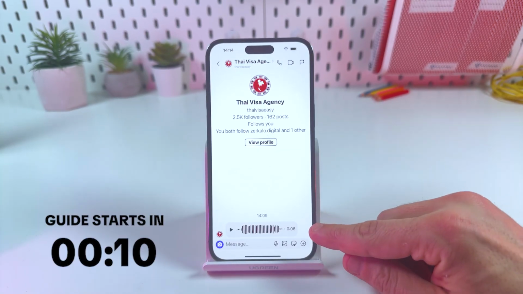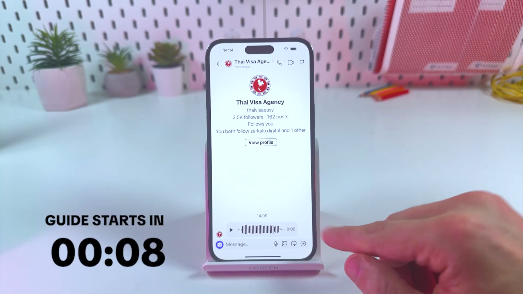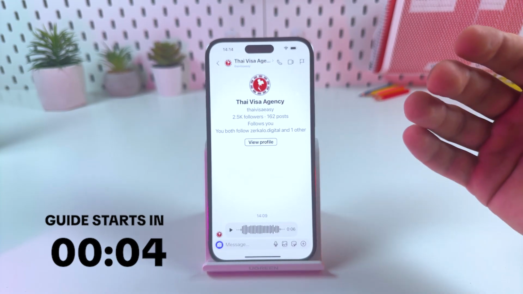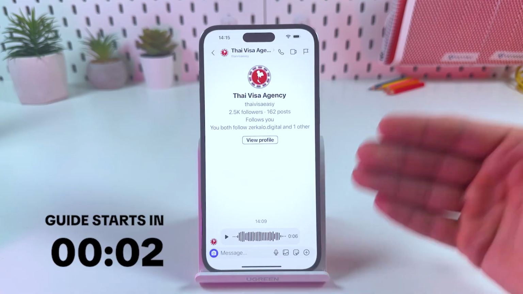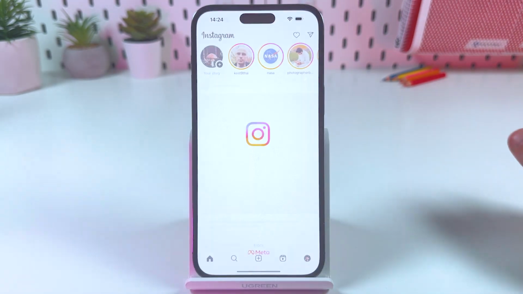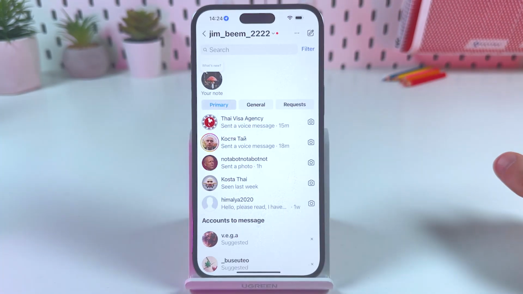There is no forward button next to the voice messages in Instagram, but I've got a simple trick that can help you to send a voice message to someone else on Instagram. Let's get into it. So open up your Instagram application and go to your chats,